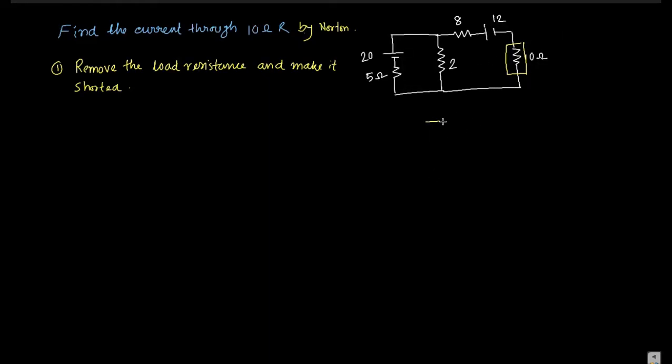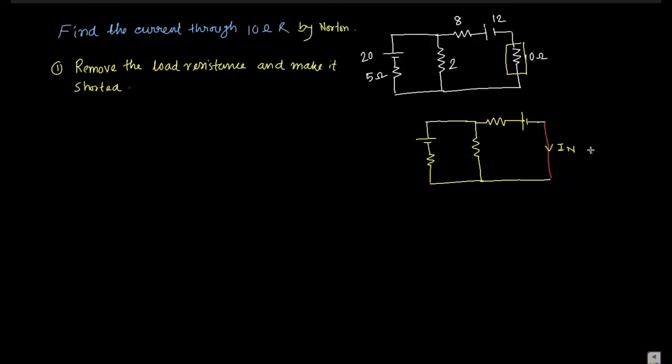So for the first step, what is the circuit diagram? The circuit diagram is like this. All the parts are intact, there is no change in the other part, because that is nothing but the complicated part. So now this part we can make short. This makes it short, so we can say that IN should flow through it. We have to find out the IN.